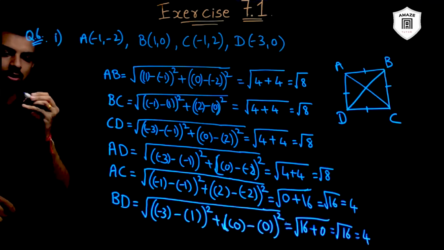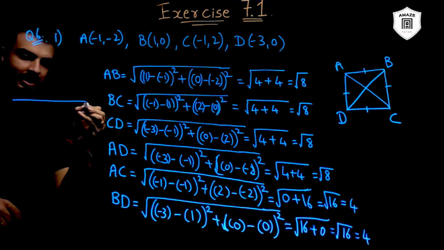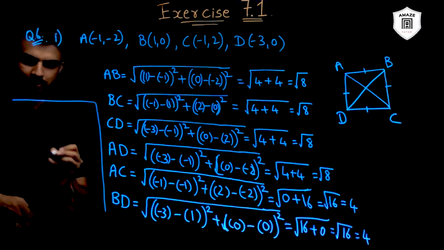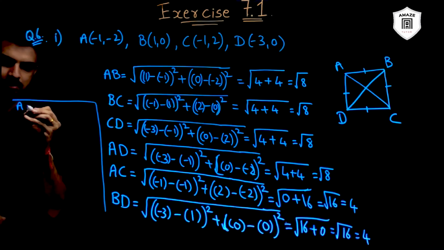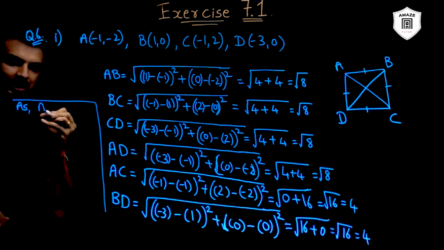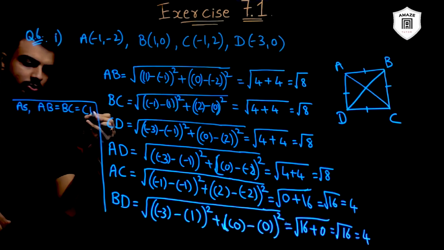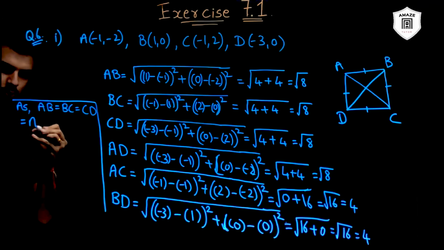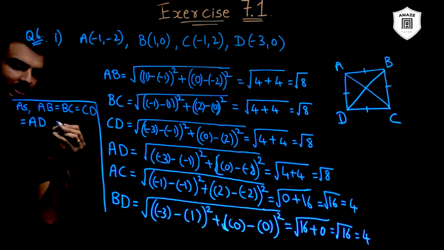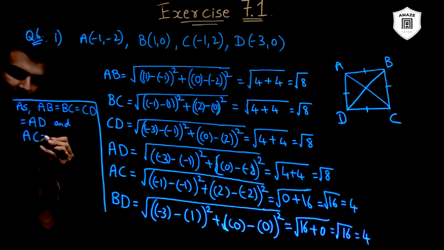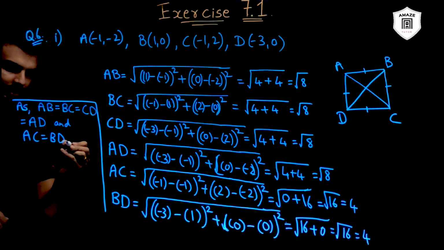You can write down here with reason that as AB equals BC equals CD equals AD, that is all four sides are equal, and AC equals BD, that is diagonals are equal,